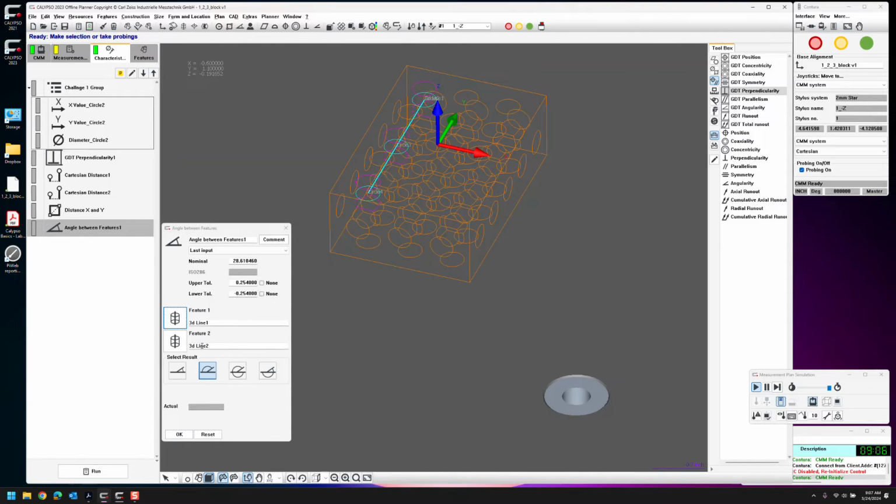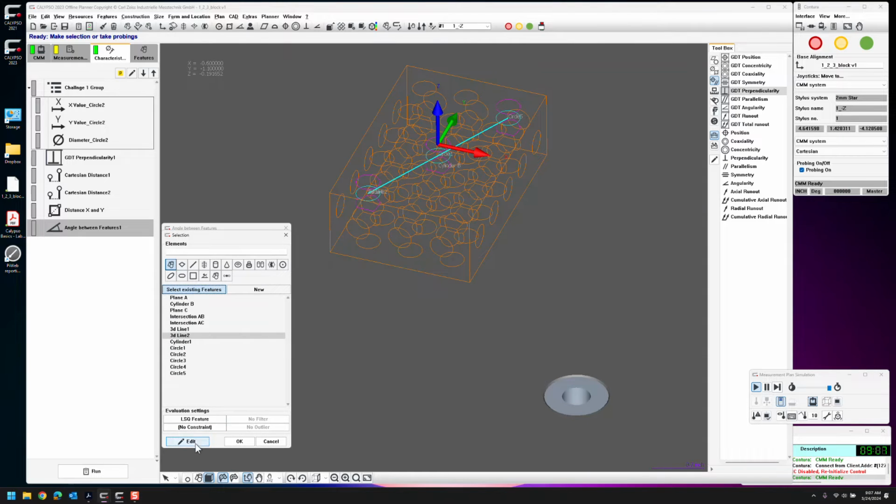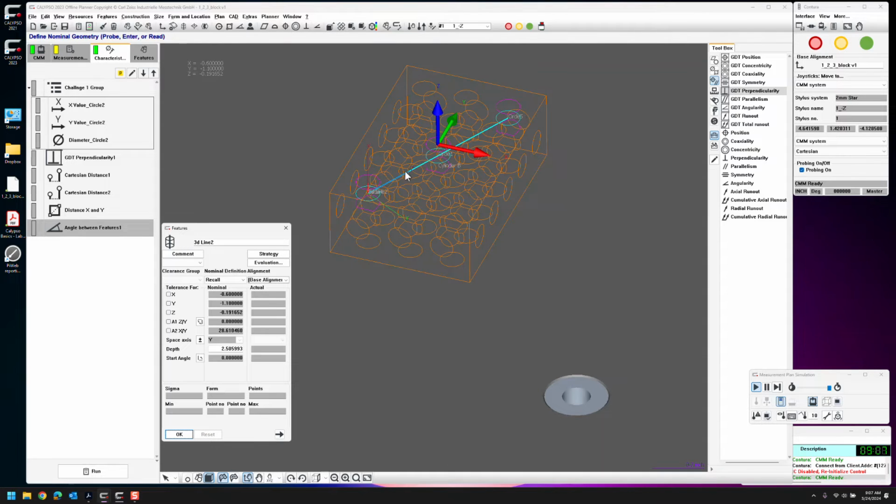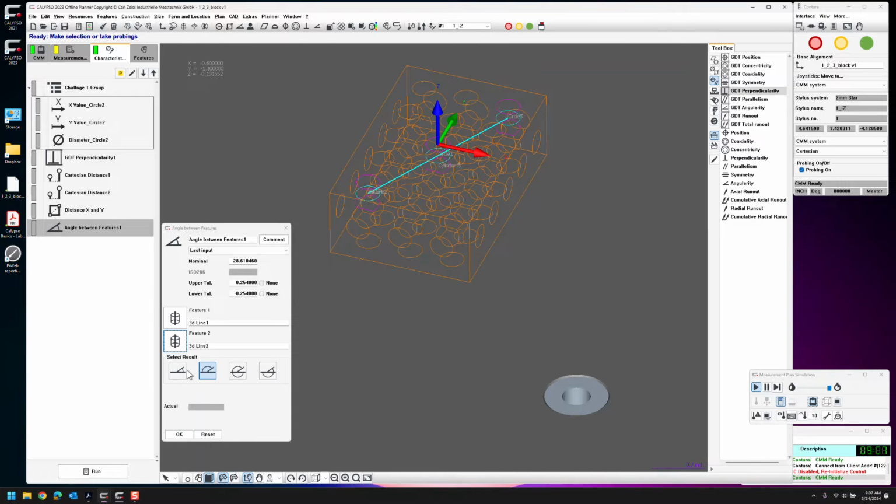See its origin up here shown by the trihedron, and then we see its direction of travel. Click OK. Now for 3D line 2, of course, that one we constructed from here going off to the right, so it's going to go from 4 to 1 to 5, and its vector is off in that direction. Now, if we consider the positive vector ends, so right here, I have a positive vector here and a positive vector here,